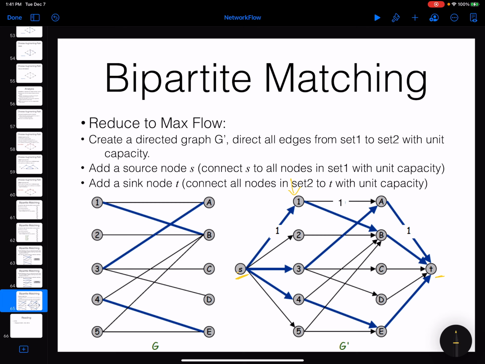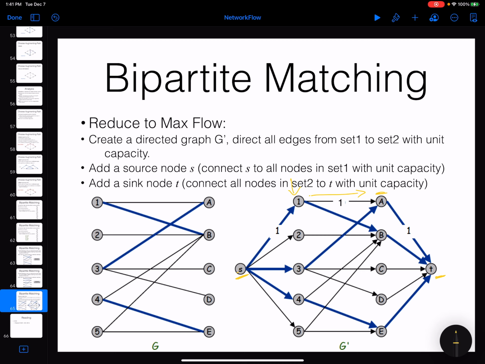And you add a node T, and you add an edge from all the nodes in the other set to the target. And you change the direction of all of these edges, and make them directed from the first set to the second set. And now you can see that if I assign the capacity of 1 to all of the edges